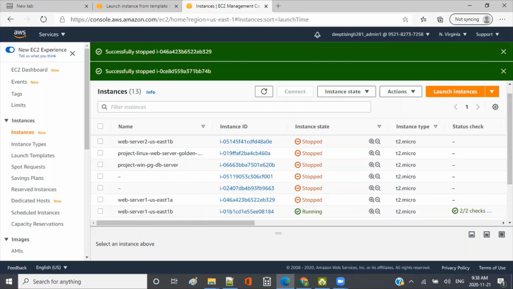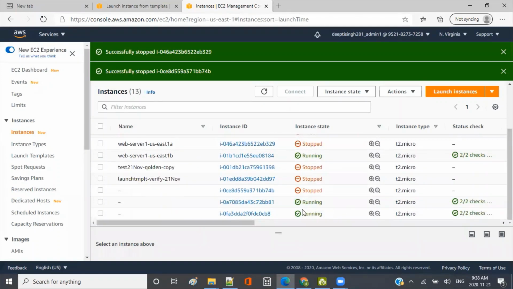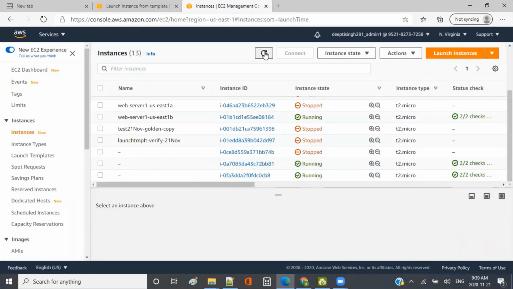But with the ones launched by the auto scaling group, whether I stopped it or it crashes or whatever happens, as soon as the auto scaling group does the health check and finds that it's not healthy, it will terminate that, and in place of that, it will create a new one, right? It is still doing that health check, and as soon as it finds that the instance is no longer available, it will terminate it. We'll see after some time it will be in the terminated state, and you will see another instance launched here, right?